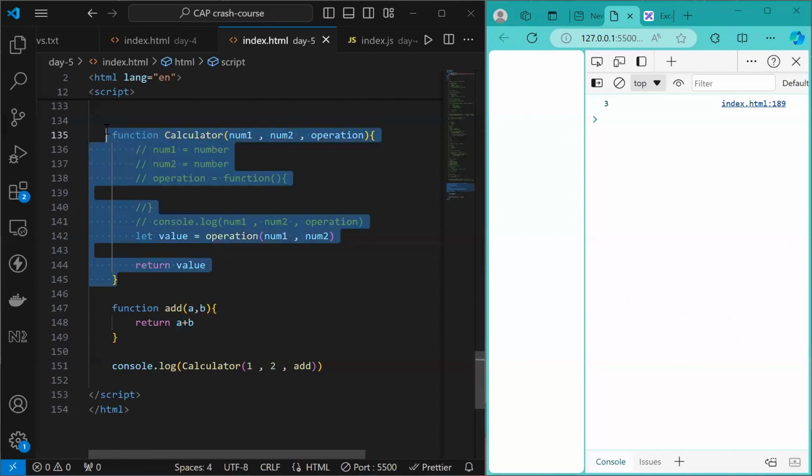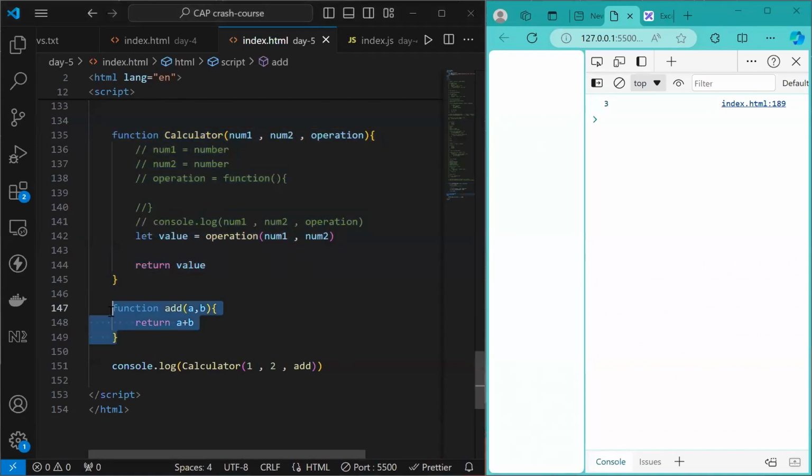We created a master function, a very parent function, a big function, and inside that function we passed another function as an argument. And on line number 142, we called that function with the parameters that we are sending. Individually, out of context, line number 142 should be giving us 3,